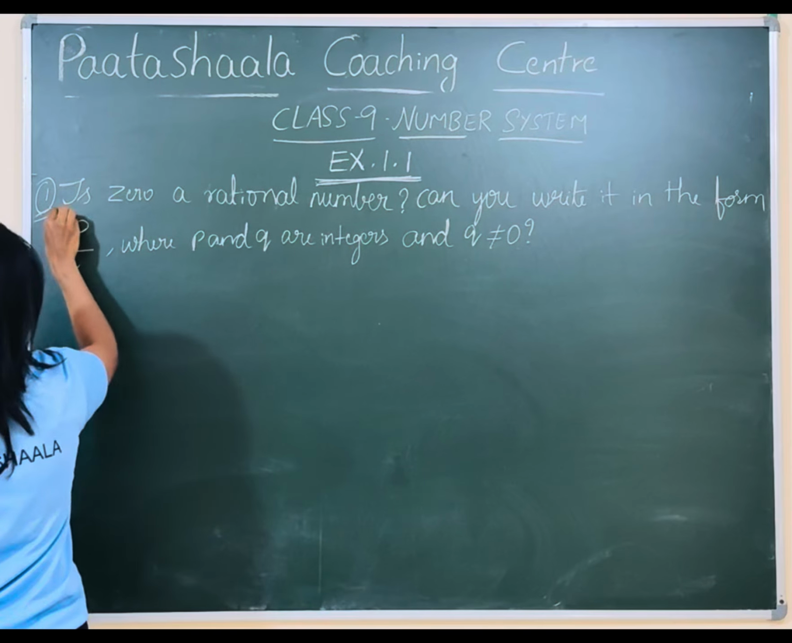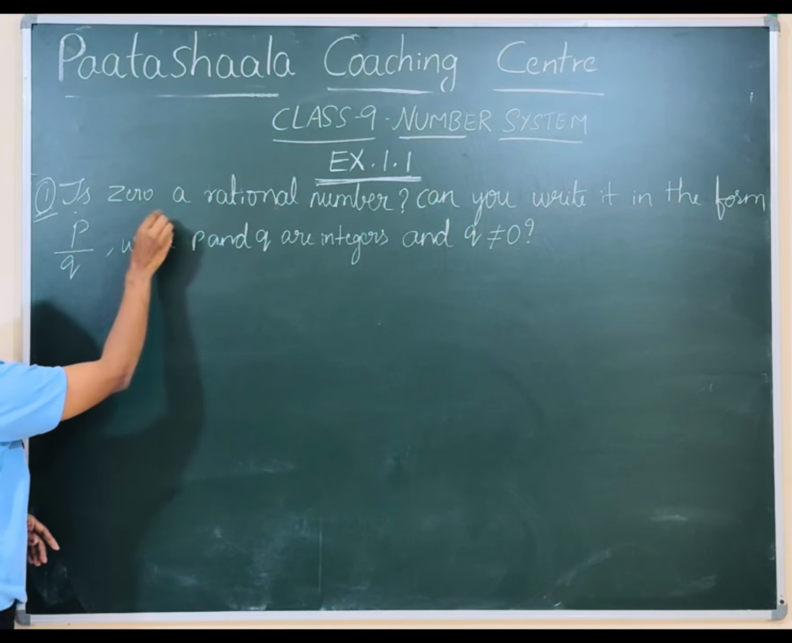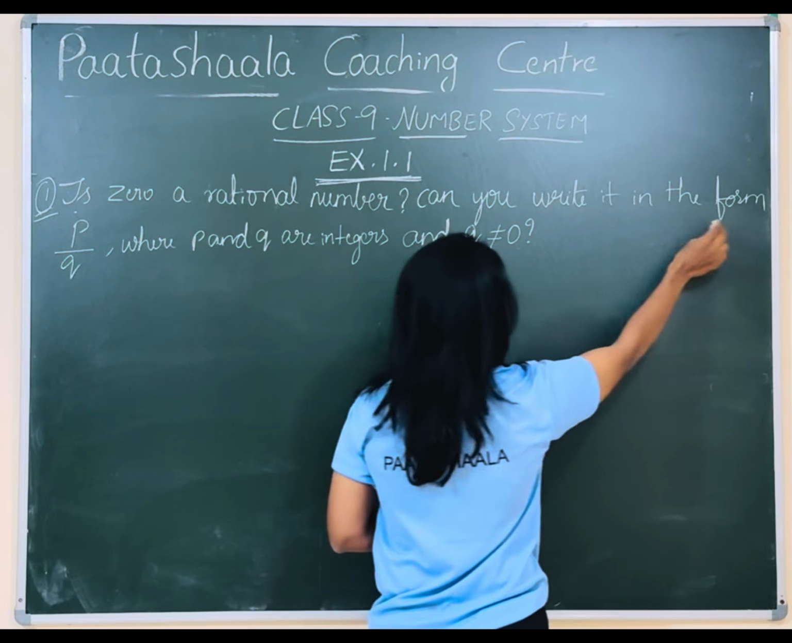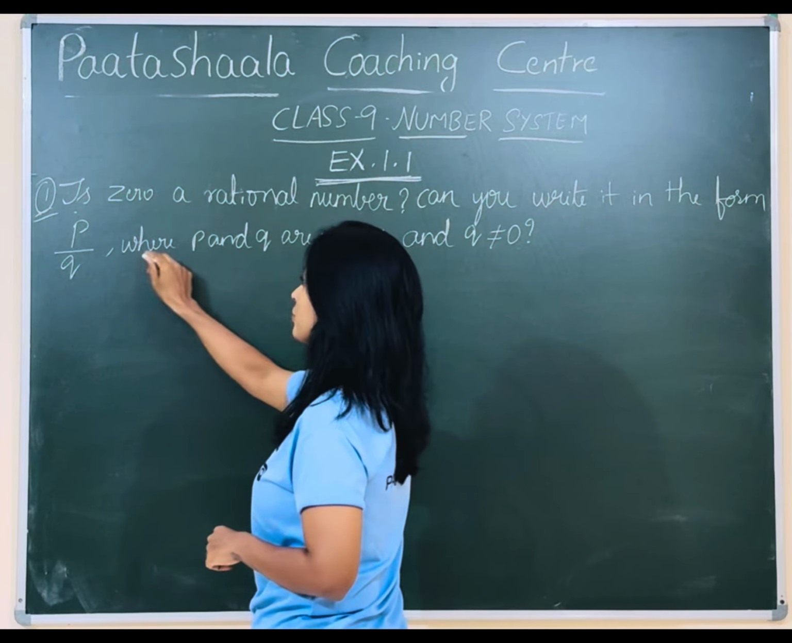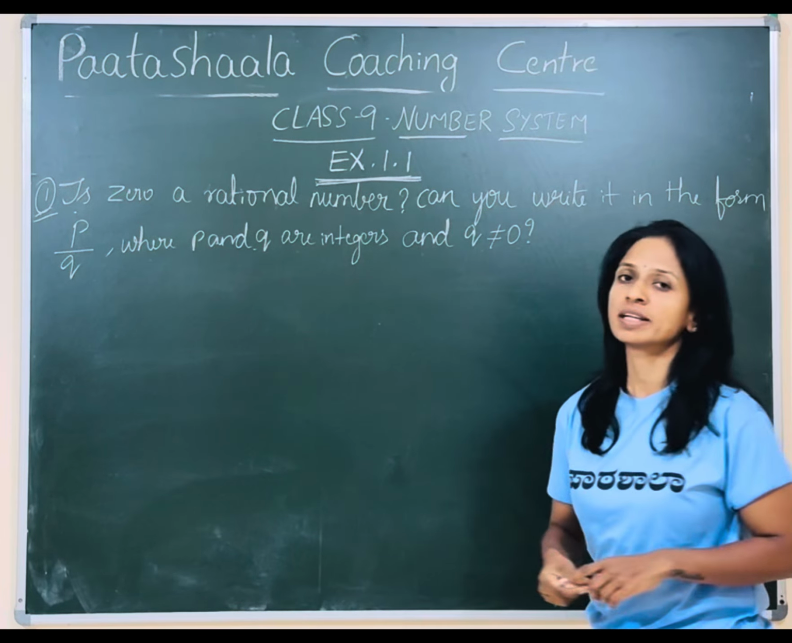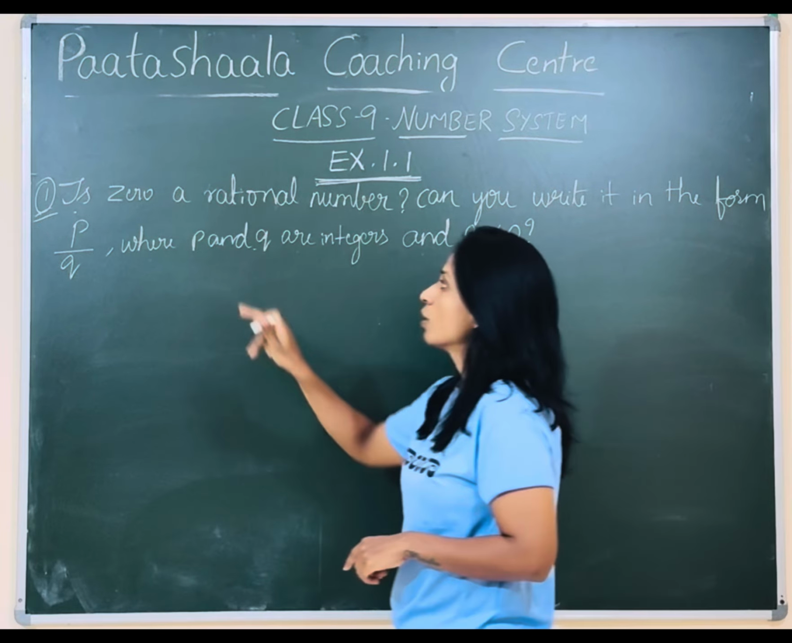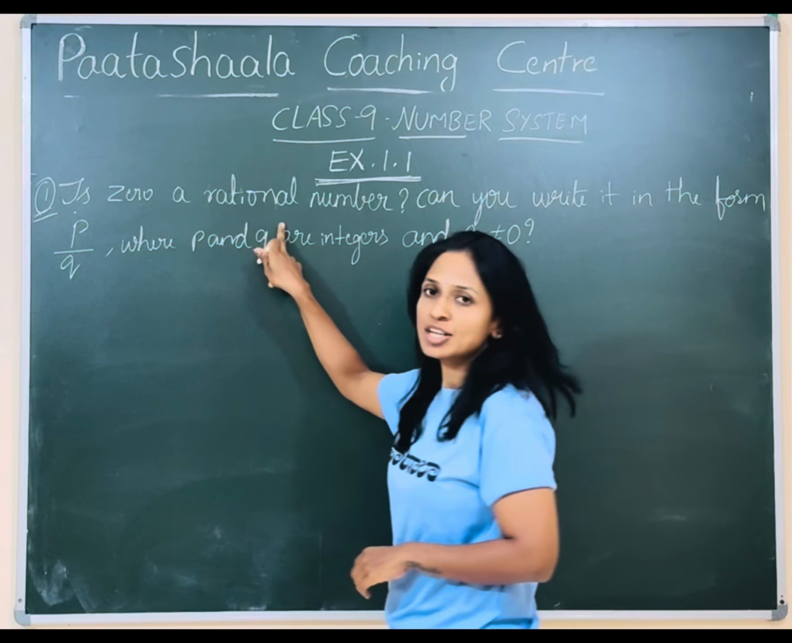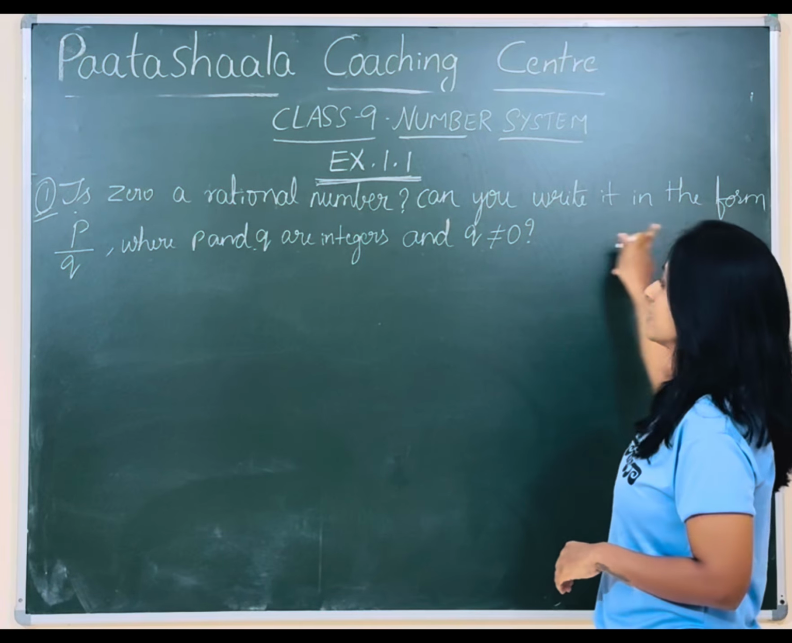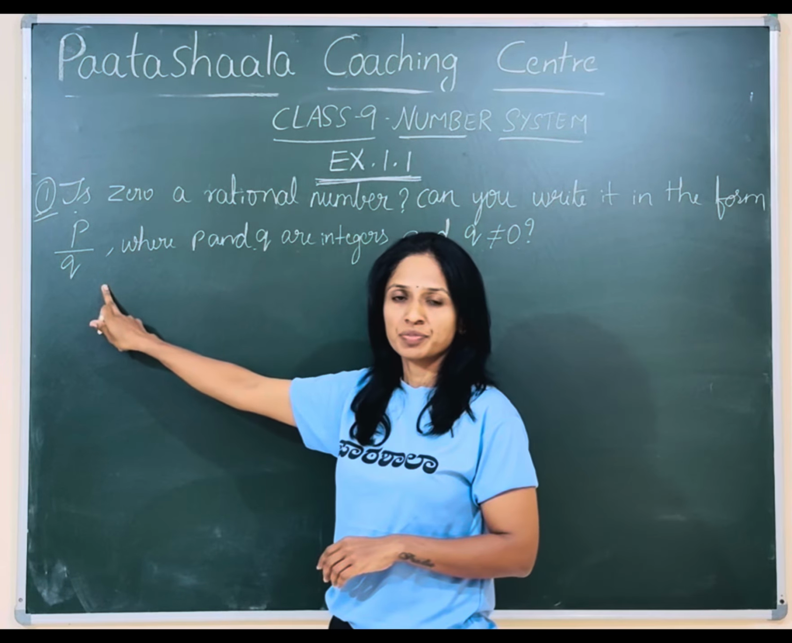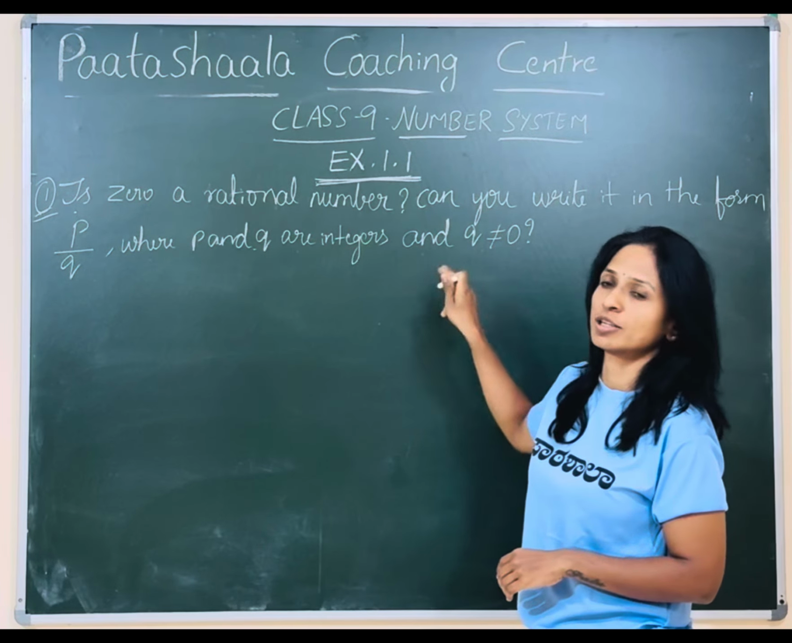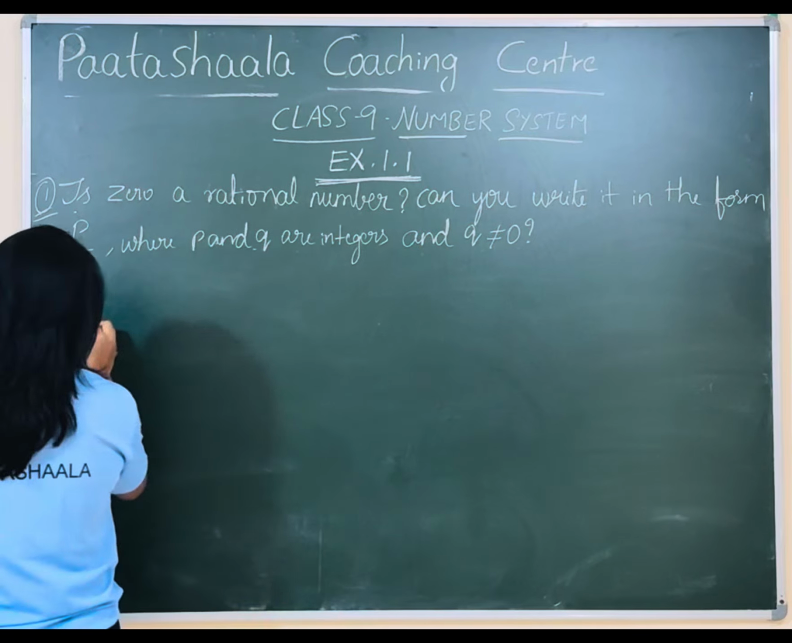The first problem is: is 0 a rational number? Can you write it in the form of p by q, where p and q are integers and q not equal to 0? They are asking whether 0 is a rational number. If it is a rational number, can it be written in the form of p by q, with the condition that q must not be equal to 0? The answer for this is